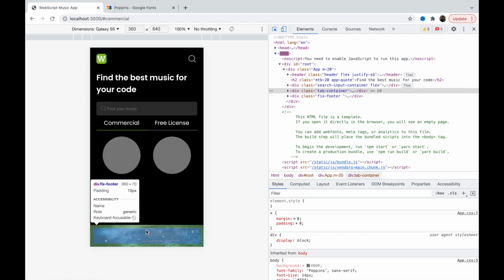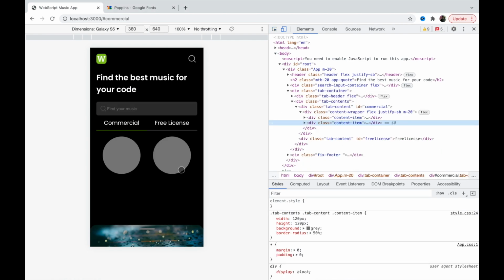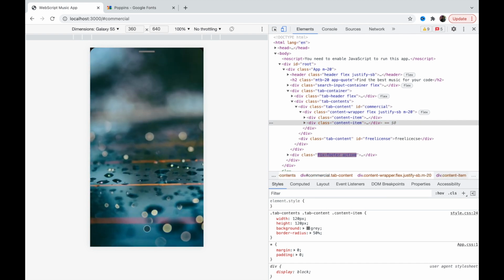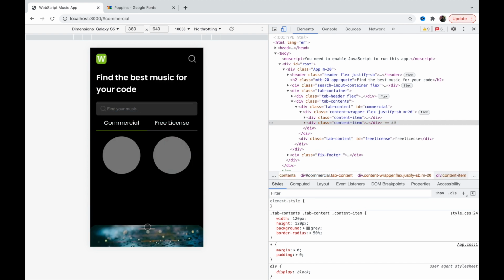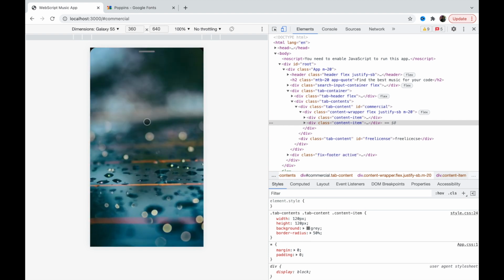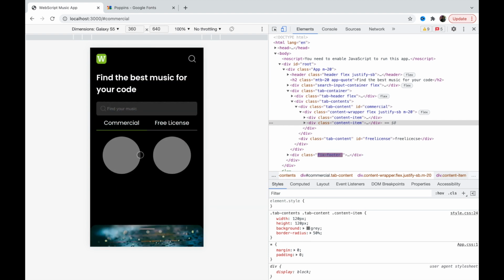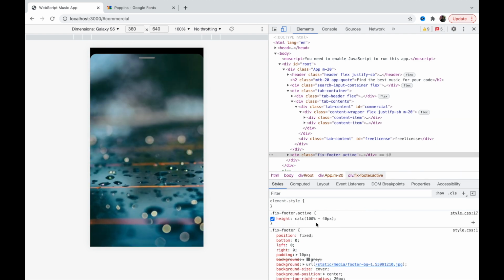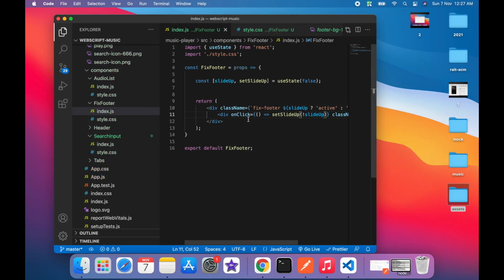And let's click on this. Here we'll click on this, and it is going up, and it's too big. And so the calculated height should be minus 20 pixel, right? Okay, let's take 40 pixel instead of 20. So let's go